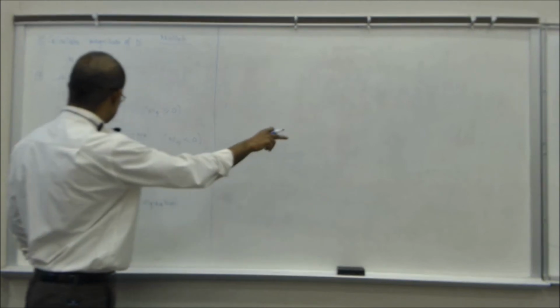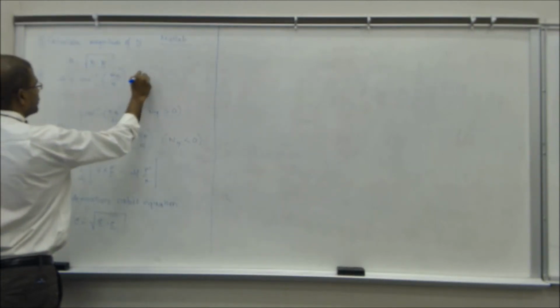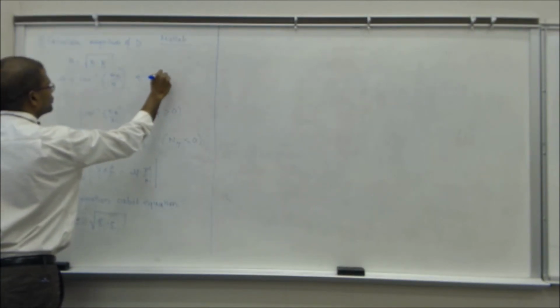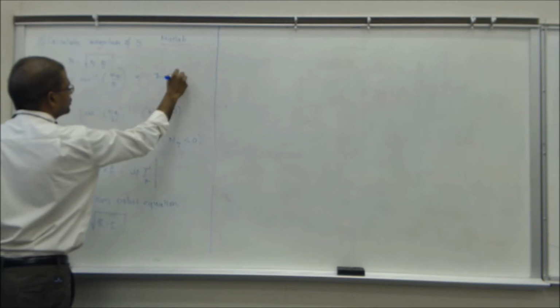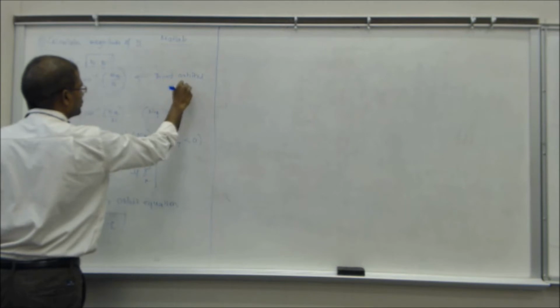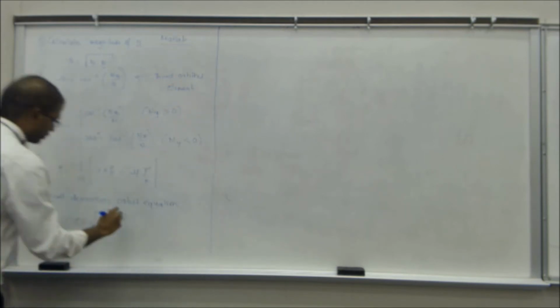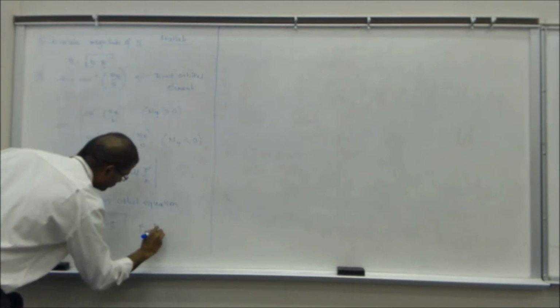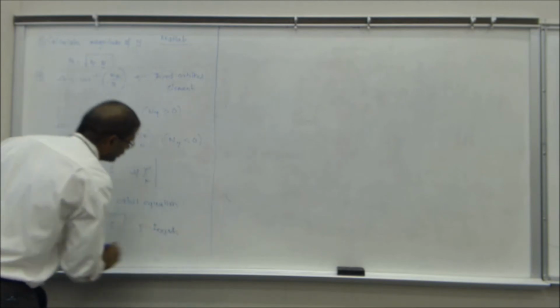On this board you had two orbital elements. This is your third orbital element. This is your fourth. The next one is